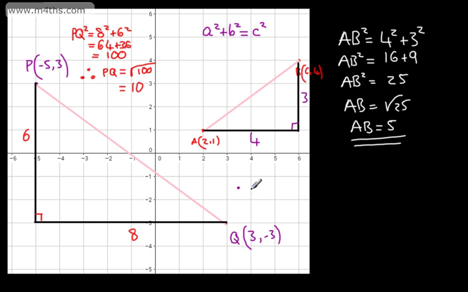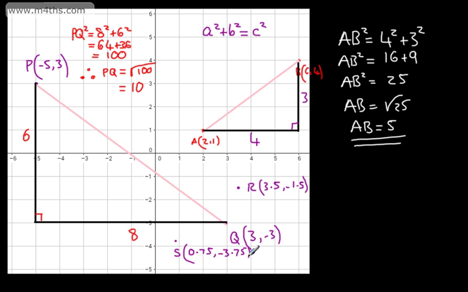So this point, let's call this now R. We'll have R just here, and we'll say that the coordinates of R are going to be 3.5, negative 1.5. And then if I put another point just here, this point here is going to be S, and S is going to have the coordinates 0.75, negative 3.75. Quite clearly, drawing a line between these and counting the squares across, as we've done before,